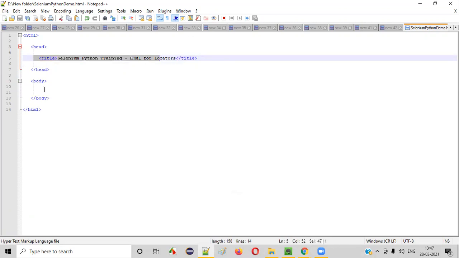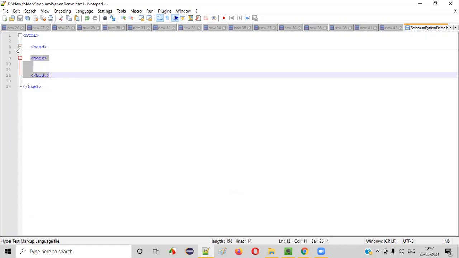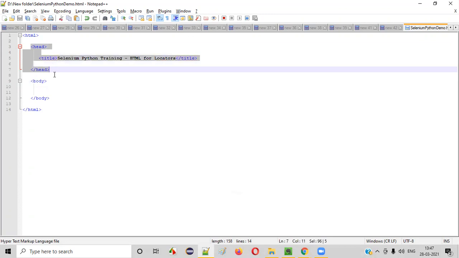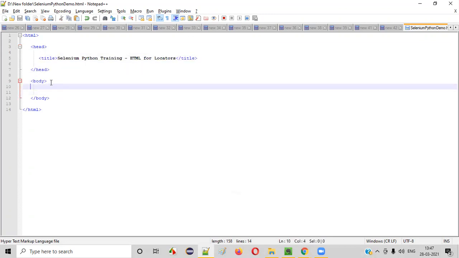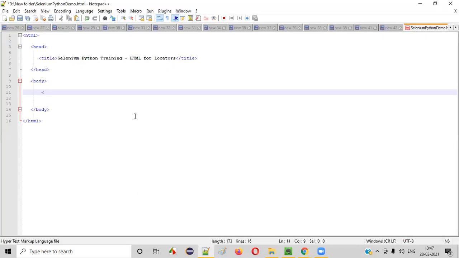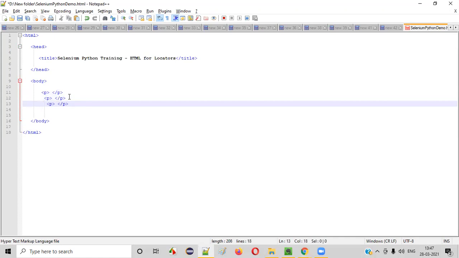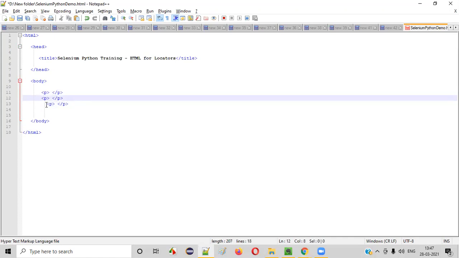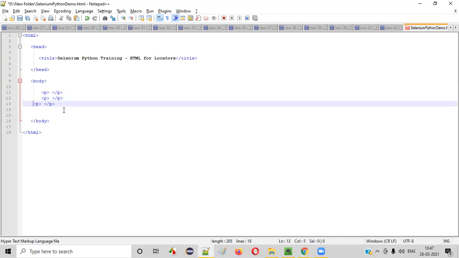Now coming to the body tags guys, the body section. Now the head tag is done. Inside the head, we got the title. Now go to the body tag. Inside the body tag, I'll add some paragraph tags. I would like to display some paragraphs on this particular page. At present there are no paragraphs, nothing is there on this page. I want to display some paragraphs. P, slash P. Okay, I'll copy this. I'll create three paragraphs, guys, not only one.